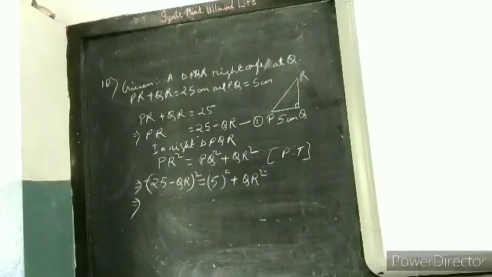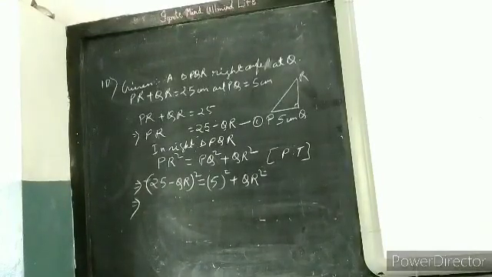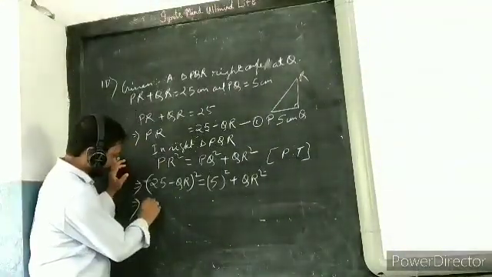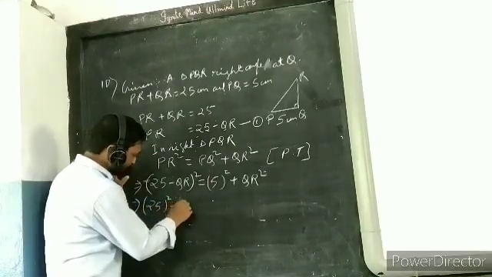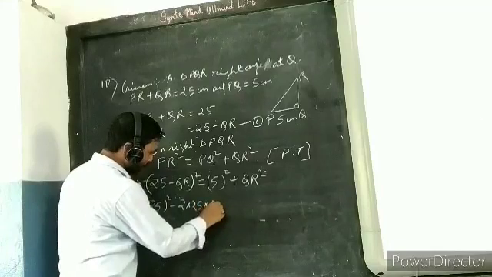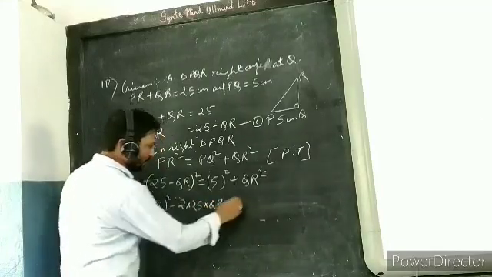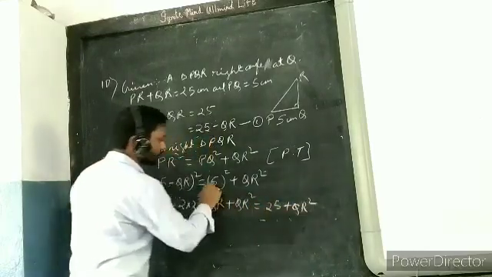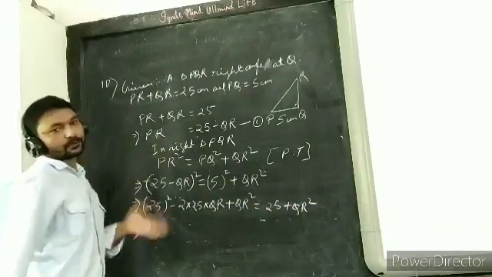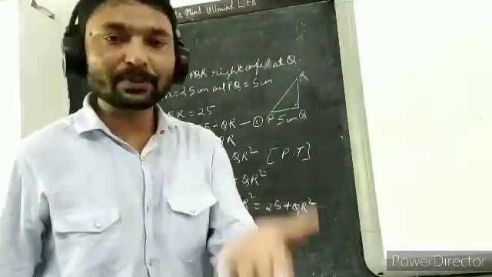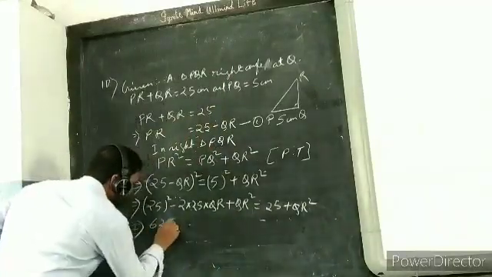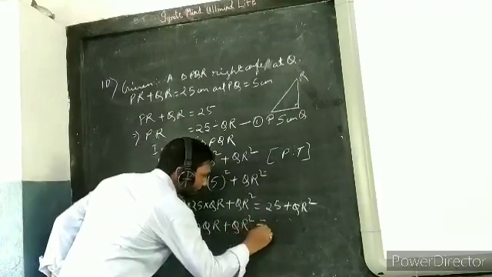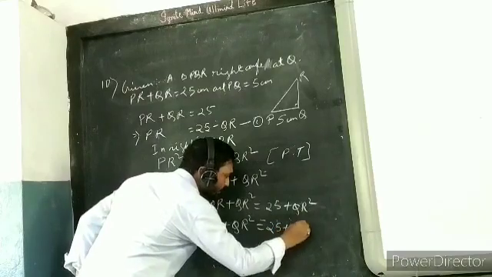Now just see, I am going to do one more thing here. Now that (A minus B) whole square formula. What is going to be (A minus B) whole square formula? It is A square minus 2AB, 2 into 25 into QR, plus B square, that is QR square, equal to 25 plus QR square. Why 25? Because 5 square is 25. Which implies, now 25 square is what? 25 square, all of you know, that's 625. It is 625 minus 50 QR plus QR square equal to 25 plus QR square.